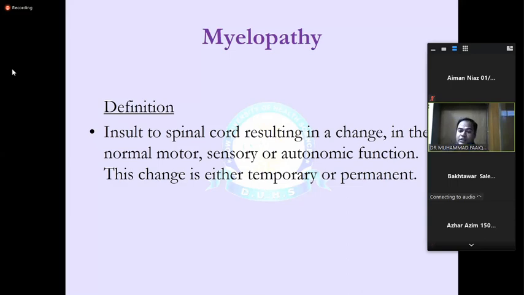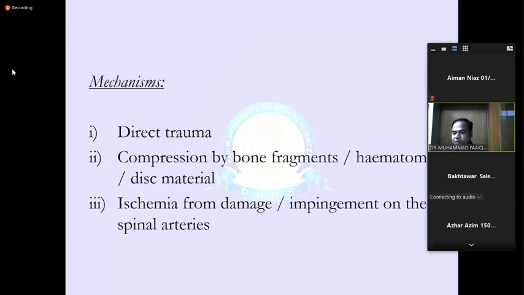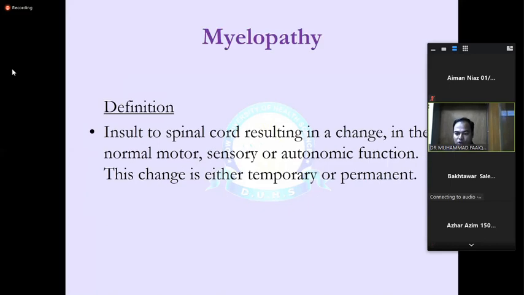It may be secondary to certain compression. It is called compressive myelopathy. It may be secondary to some other pathology other than compression. They are called non-compressive myelopathy. So these are three different topics. One is traumatic myelopathy, the other one is compressive myelopathy, lastly non-compressive myelopathy. So these are three topics according to the mechanism. If there is a pathology secondary to trauma, it is called traumatic myelopathy, very easy.